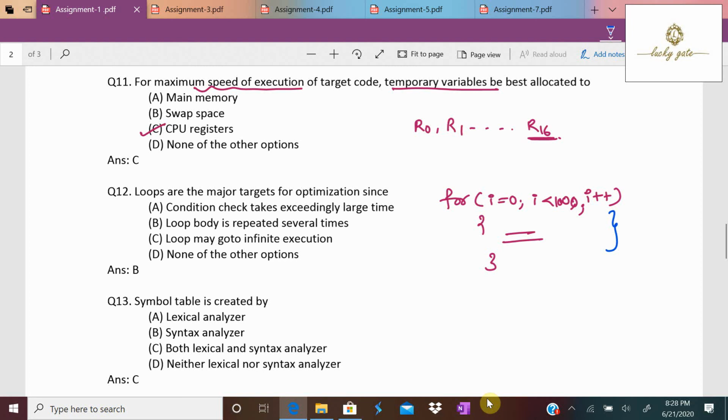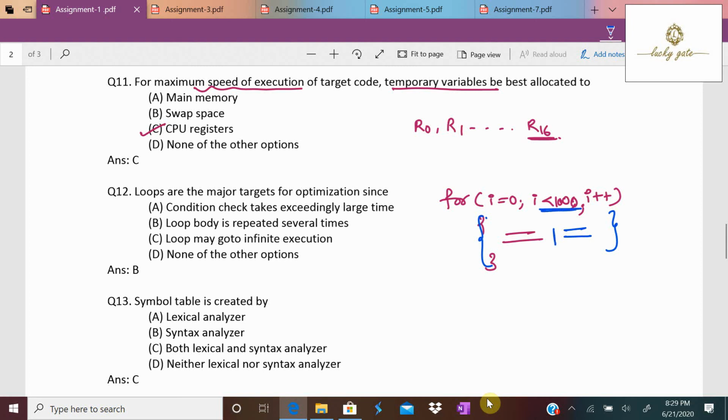Because the loop block is going to be repeated several times, most of the time the execution is inside the loop. Suppose you do optimization inside a loop. If the loop body is there for 1 time, the loop executes 1000 times.